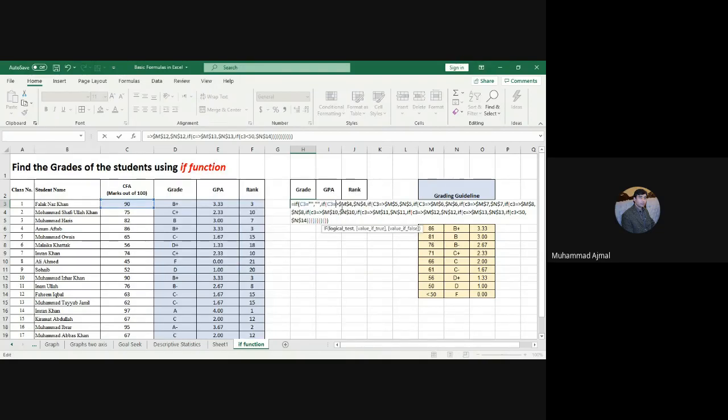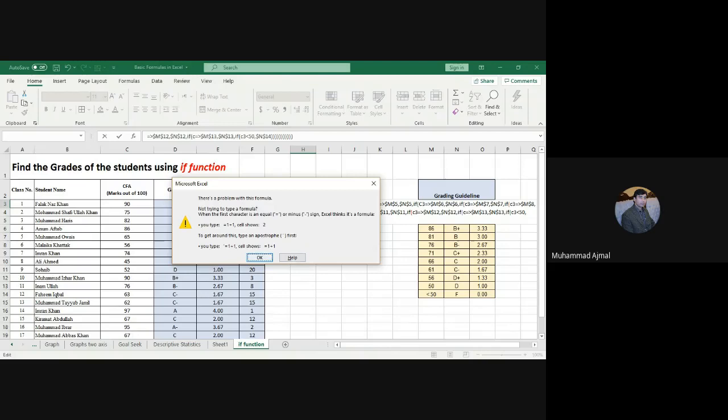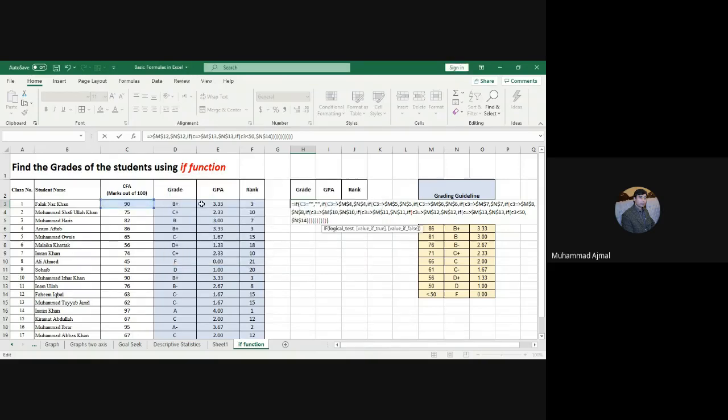C3 is greater than and equal to M4, ये मैंने, let me check, formula मैंने opposite तो नहीं लगाया, नहीं, ठीक लगाया है मैंने,